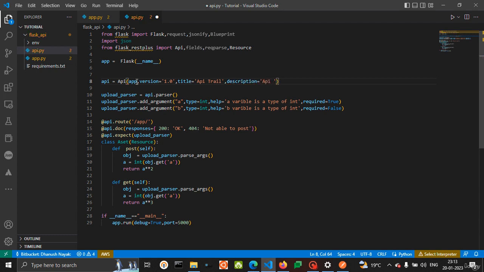So for the API, you can give a description as API free version or practice, something like that. Okay, now you can see just like how we were using app.route, here we are using api.route because we have registered it for RESTplus. So we are using api.route, and this is my entry point or URL, and my document of the